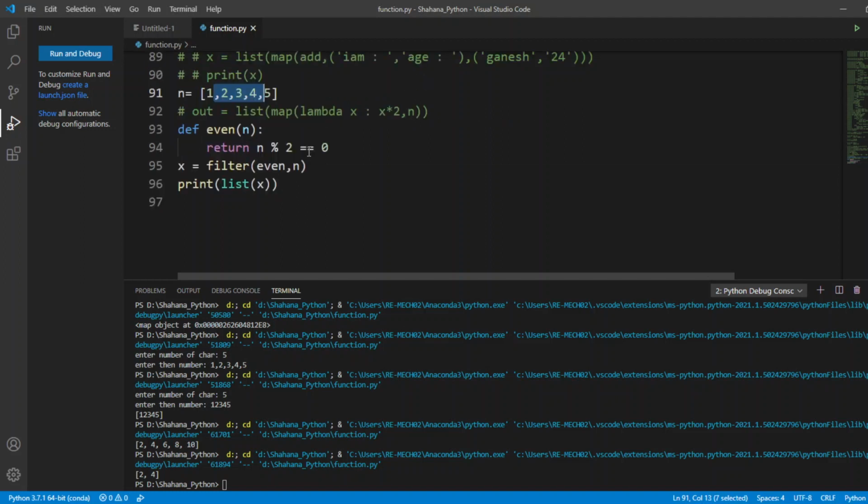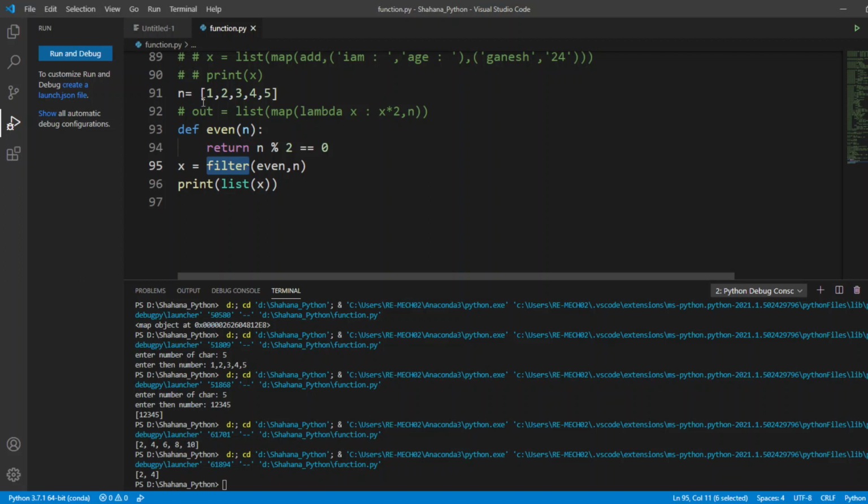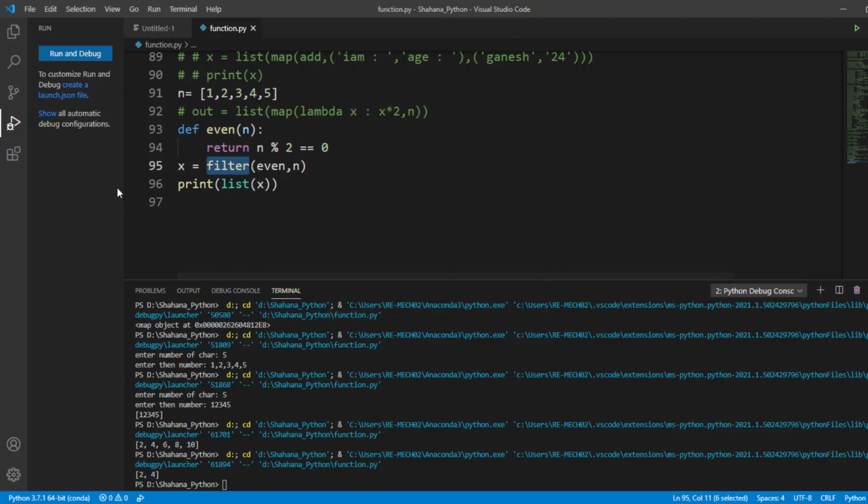This way also we can print. We can use a filter. I could also make this an if condition, but without using a condition, I'm getting the value using my filter function. I'm iterating a list into a function using my filter, and I'm getting only the even values, only the values that satisfy my function, the true values.